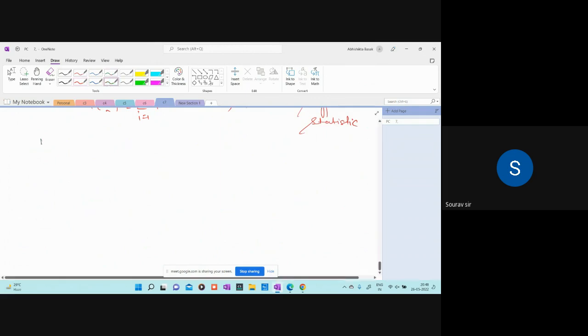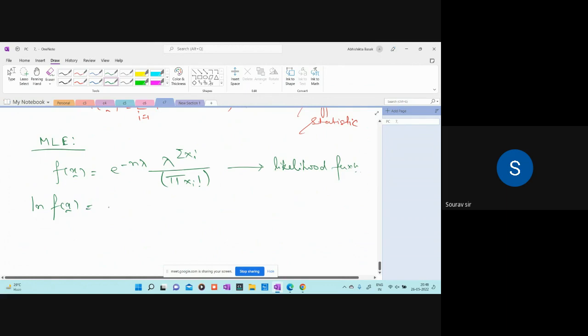Now going for the part of MLE, maximum likelihood estimator. So what was my f of x curl? e to the power minus n lambda, lambda to the power summation xi, over product of xi factorial. This we call the likelihood function. Now we will take the natural log of this function, that is going to give me,